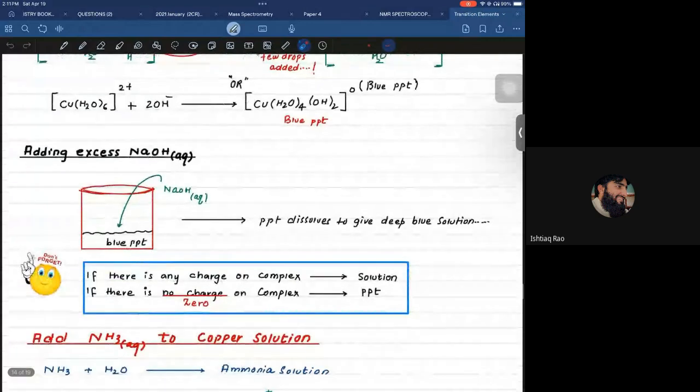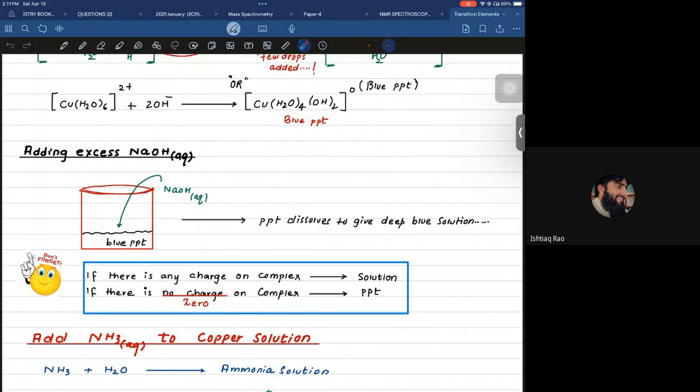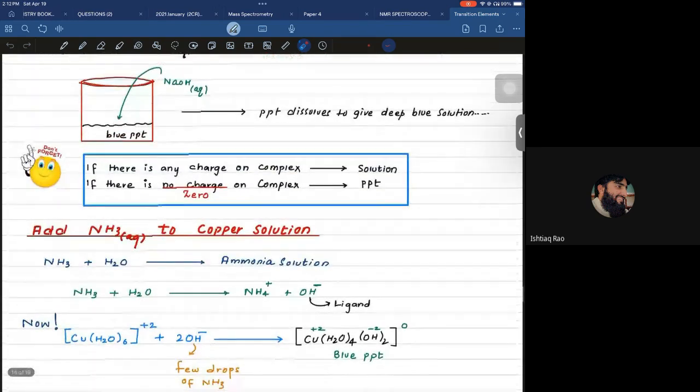Then I'm going to add excess sodium hydroxide. Okay. So the PPT dissolves to give a deep blue solution. Remember. Okay. And then